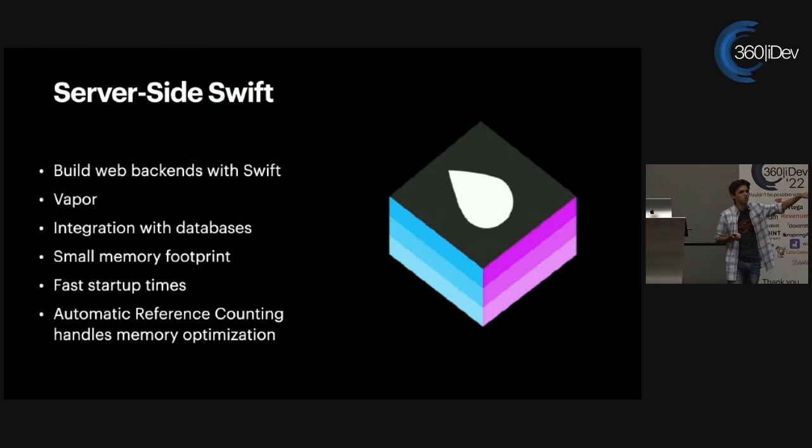So how is that being done? There are new products that are being brought to market. There's Vapor, which there were a couple talks on over the last 2 days, so I'm going to keep this brief because you already heard about it through them. There are a lot of advantages with this. Still, you're doing high-level memory management, and you still get that small memory footprint. So you're getting the best of both worlds without having to do so much extra work on your own as a developer. That's how you still have the automatic reference counting to deal with the memory optimization instead of you having to do it yourself.